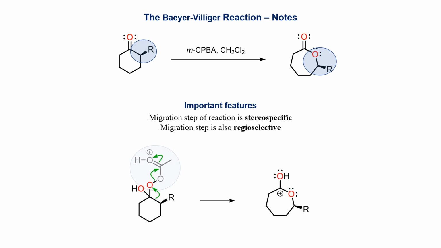The electron withdrawing acetyl group on the OO bond is pulling electrons towards itself. So it makes sense that the more electron-rich side of the substrate should migrate faster, and this accounts for the observed regioselectivity. The stereospecificity, where the configuration of the migrating group is retained, also backs up the concerted nature of